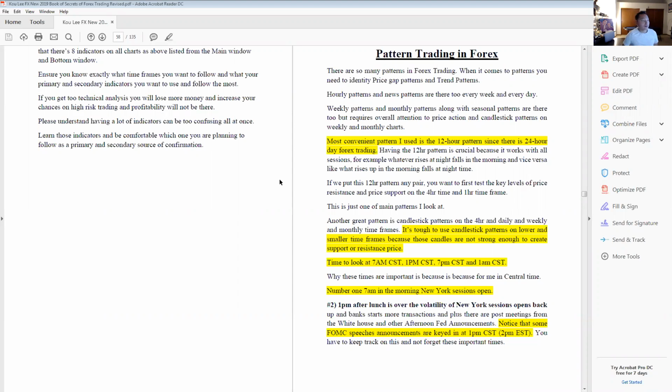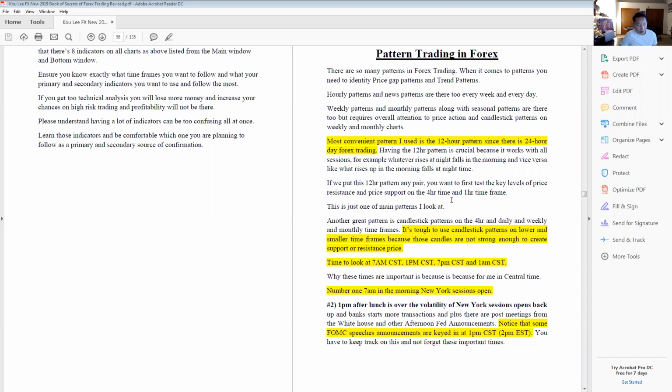With pattern trading, there are so many different types of patterns, and I'm going to dive into the 12-hour pattern. You have 24 hours in a day, cut that in half, 12 hours. From 7 in the morning, or for those of you in Eastern time, 8 in the morning when New York opens, and then up until 8 p.m. If you're on Central time, and I'm basing it off Central time because that's where I live, from 7 a.m., when New York opens for my time, and then from 7 p.m., Tokyo, an